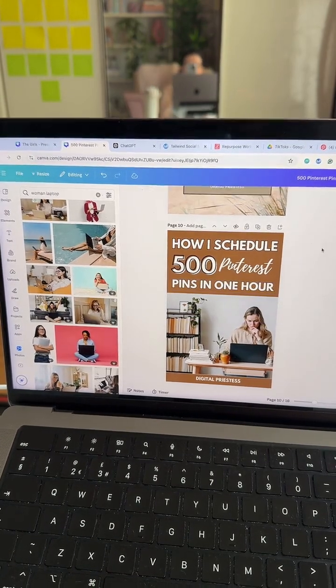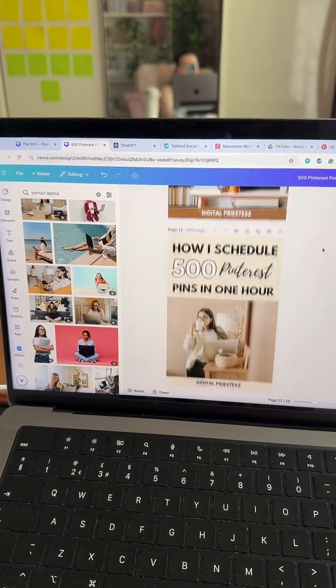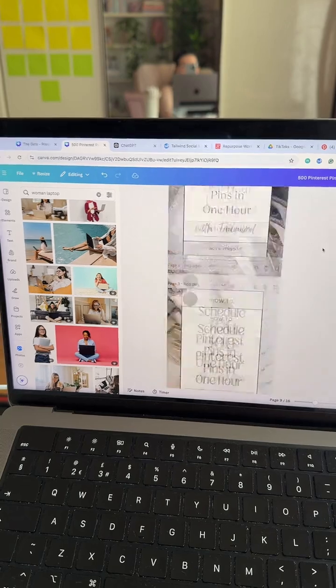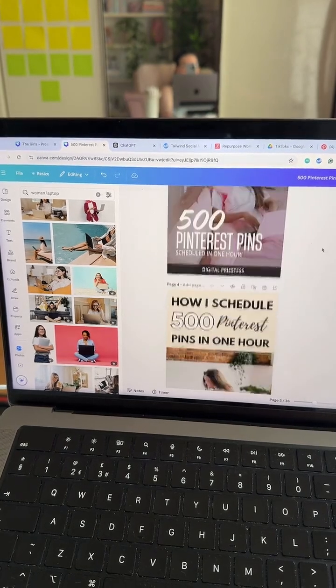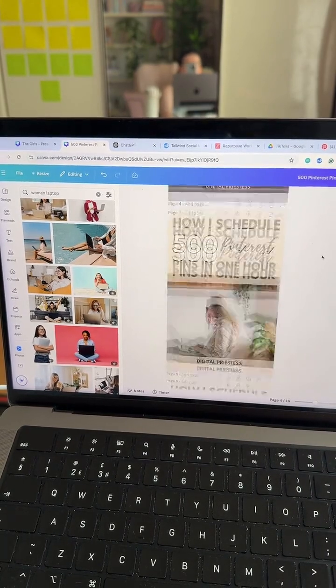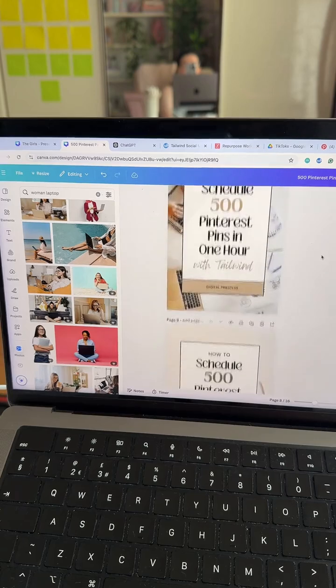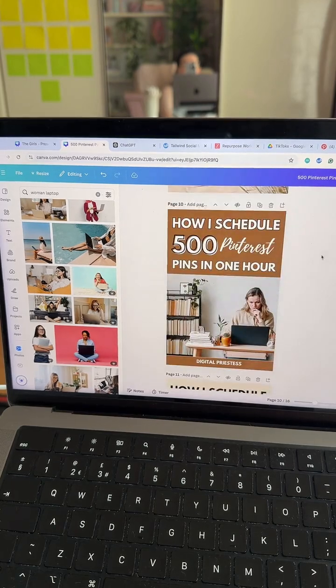Okay, so can you see how, I'm not going to change the font on that one, but that's basically similar to what we started with. Actually, let's go up to the original one. So the original pin was this one here. And in literally a few seconds, I know this pin works because I've checked my data. It's my most popular pin on my smaller account for the past 30 days. So I'm actually just recreating it. And that took me, like, a minute?